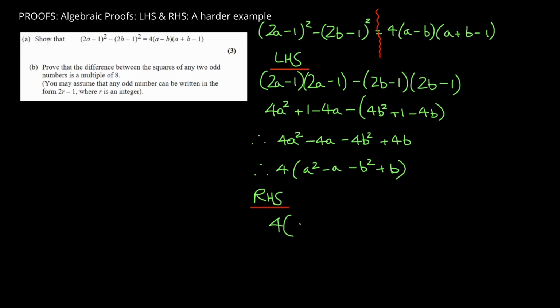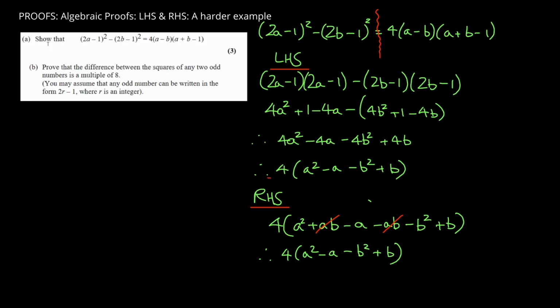Multiplying everything by a, we get a squared plus ab minus a minus ab minus b squared plus b. Well, the ab terms disappear, so we get 4a squared minus a minus b squared plus b. And as you can see, the left-hand side is the same as the right-hand side, so we've proved the relationship as required. So let's come over here and look at part B, and we've been asked to prove that the